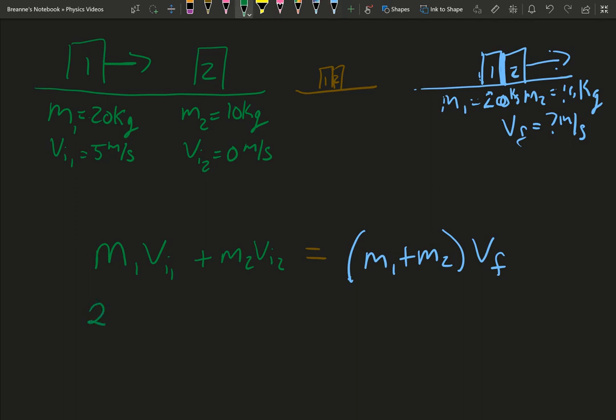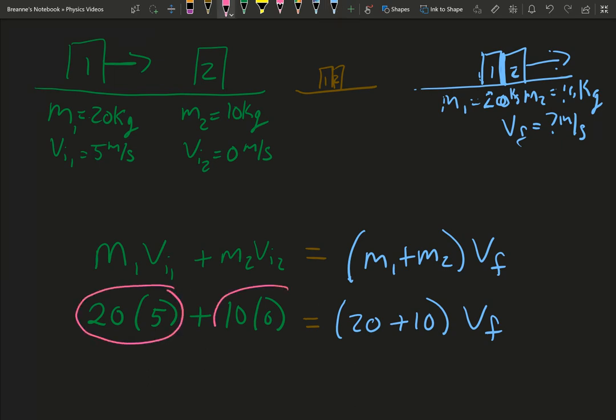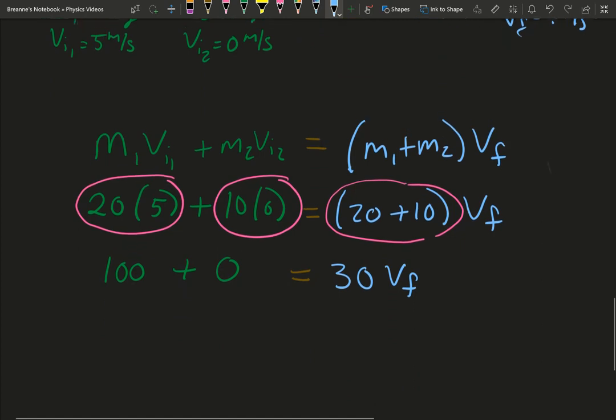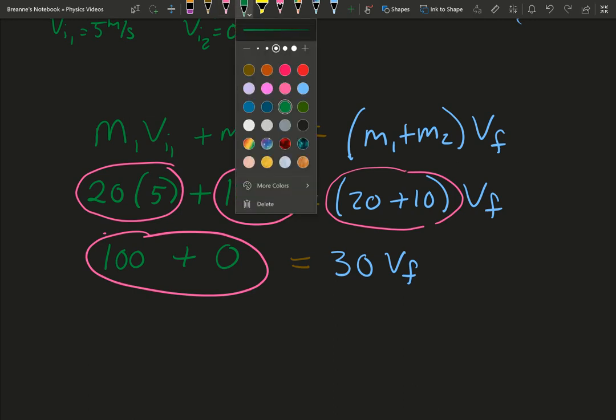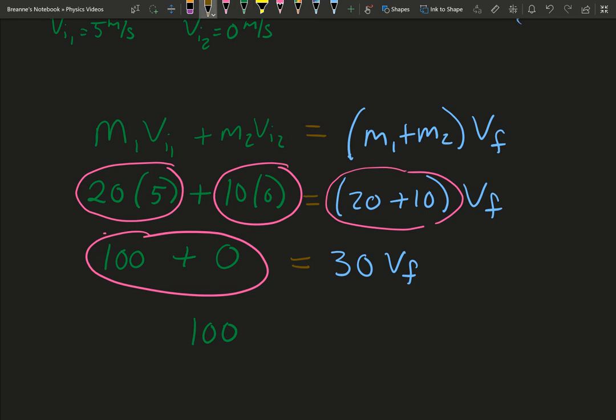Well, we can just plug in what we got now. So 20 times 5 plus 10 times 0 equals 20 plus 10 VF. Now at this point in time, we just got to simplify. We can simplify that, that, that. So again, 20 times 5 is 100, plus 10 times 0 is 0, equals 20 plus 10 gives you 30, V final. We can simplify one more time. 100 plus 0 is still just 100, equals